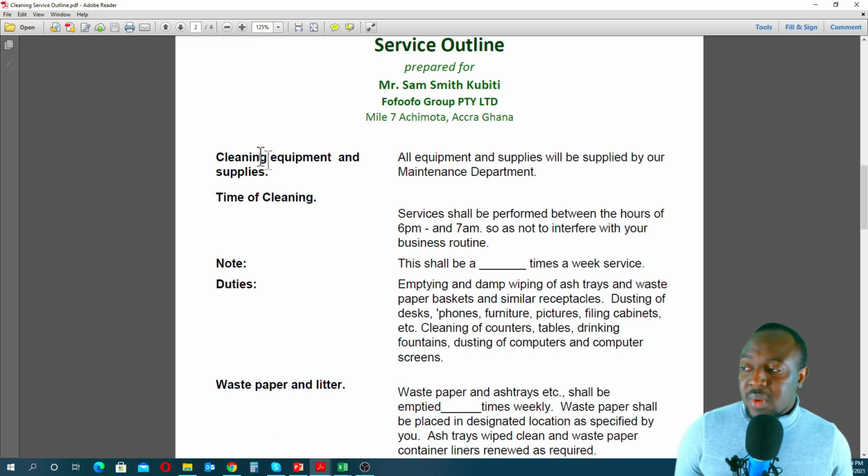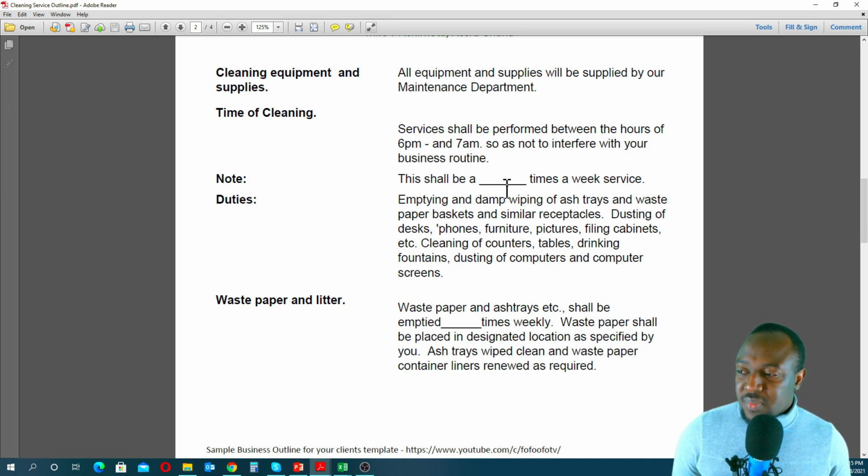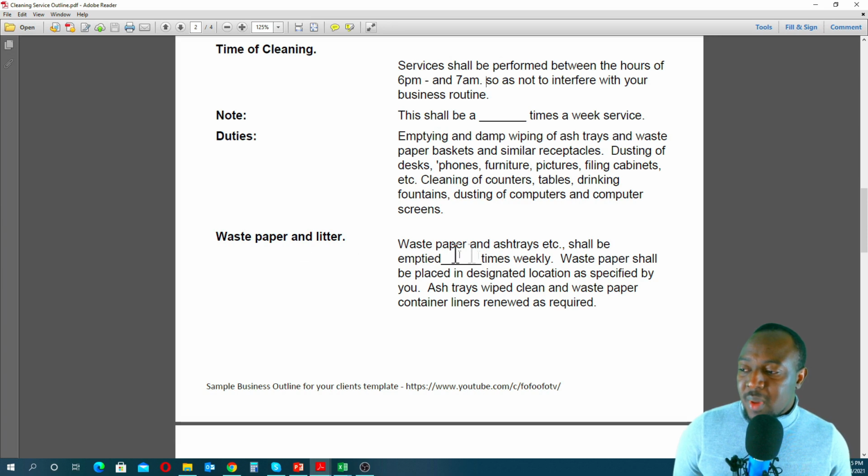Yeah, so basically we go through the cleaning equipment and supplies. Time of cleaning, we'll be cleaning from 6 p.m. to 7 a.m. So we'll be cleaning at night. This shall be maybe a 3 times a week service. Waste paper and litter,